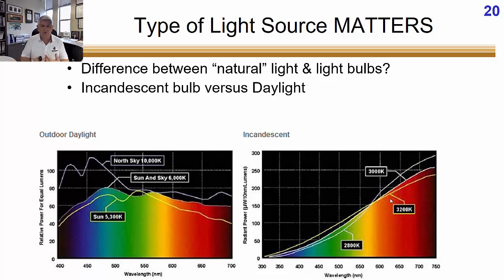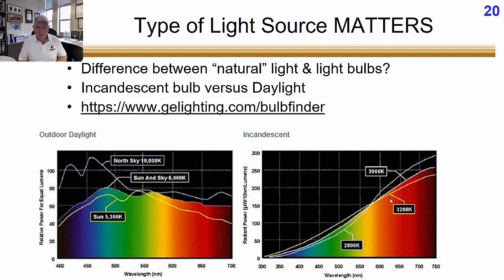So it doesn't have that real stark white, because our short cones are not being stimulated as much as the medium and long. Right? You can actually go to this website and look at different types of light bulbs and what types of spectrums they put out.